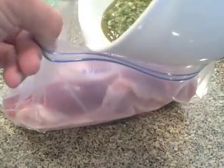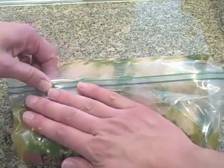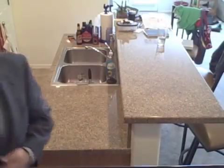The pork belly goes in a gallon-sized zipper bag, and the cure mixture will be added to that, and it's good to really rub the mixture into both sides of the pork belly. Then the air needs to be squeezed out of the bag, and this will go into the refrigerator skin side down. The bag will need to get flipped every other day, and I'm starting on a Saturday, so it'll need to be flipped on...